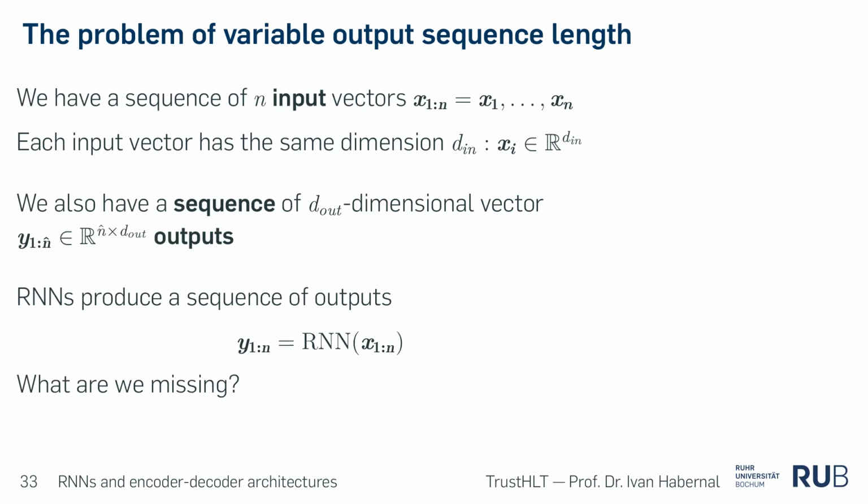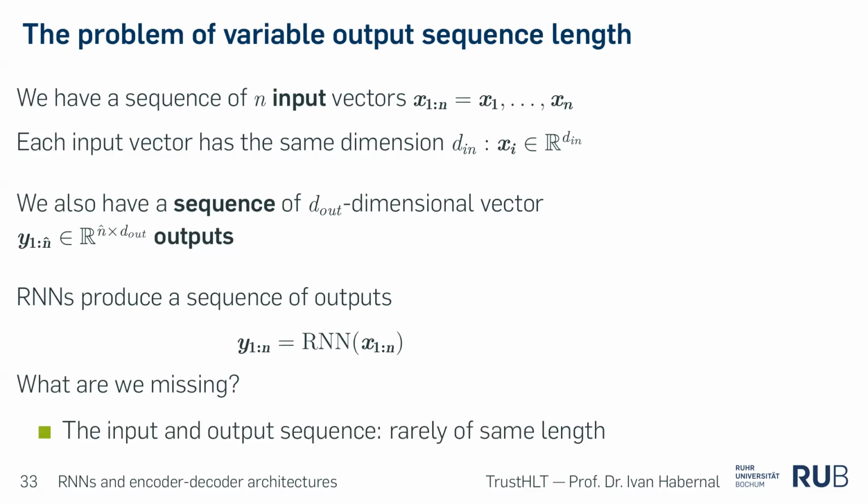So let's say we have outputs which have different kinds of length. What could be a task where we want to have different outputs? We have an input sentence and the output sentence has a different length. A task. What is a task? When you generate a language sentence and the output will be different.